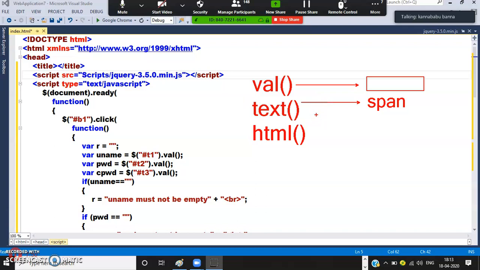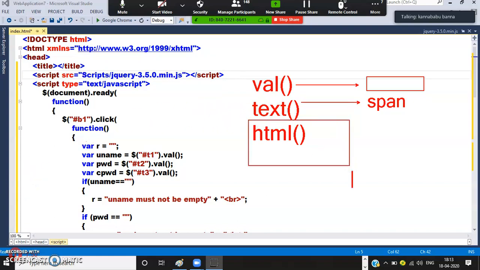But if the output is modified, and here in this validation form, depending on my input, output will come. If I do not give username, it will display username must not be empty. If I do not give password, password must not be empty. And the output is not fixed. When the inputs change, output also will change. So in that case, you have to use html.